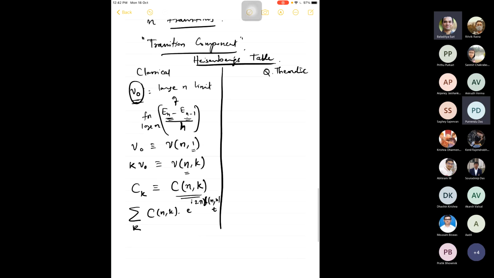And classically, for large n, that exactly corresponds. I should have started with that statement that nu naught would be delta E by delta J for large n, classically. And if you take this formula, this becomes delta E by delta J evaluated at J equal to nh for large n. And that agrees with the classical formula. So the correspondence we are now building is between formulae. Just remember that.